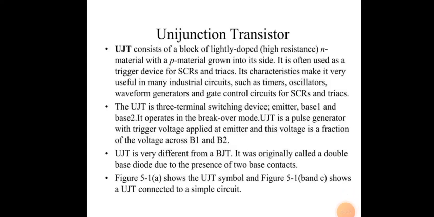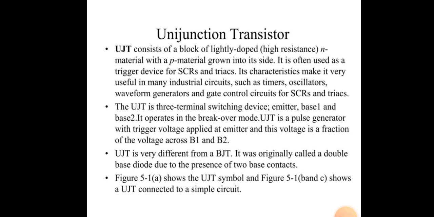Good evening. Today I am going to discuss the UJT, that is, the unijunction transistor. A unijunction transistor consists of a block of lightly doped N material with a P material grown into its side. It is often used as a trigger device for SCRs, that is, silicon controlled rectifiers, and triacs. Its characteristics make it very useful in many industrial circuits such as timers, oscillators, waveform generators and gate control circuits